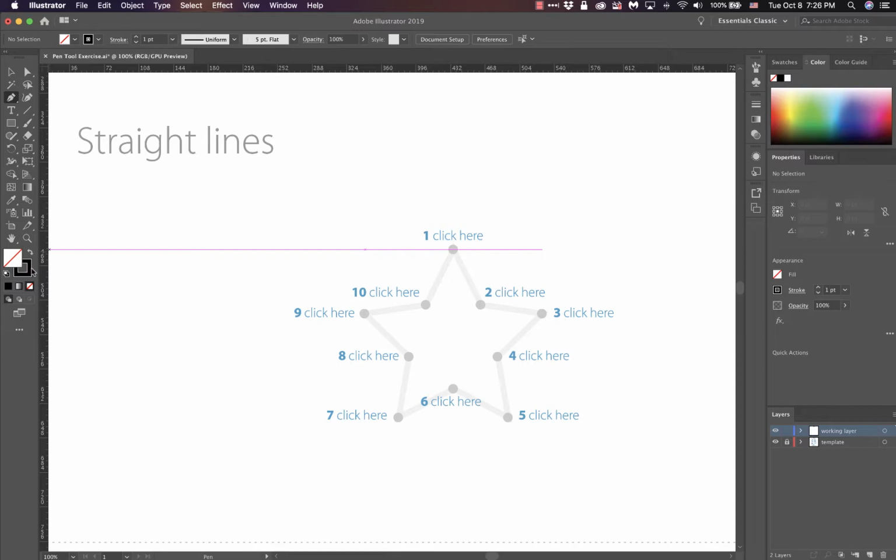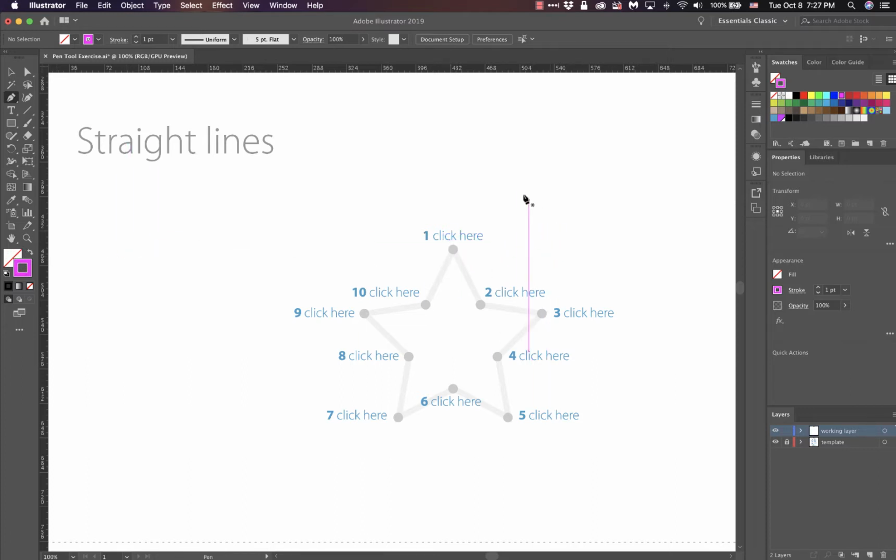Now if you folks don't want black as your line color, you can always change the color of your line if you want. So click on this line box, I guess, icon to bring it to the forefront. Then regardless if you're on color or swatches, you can choose any color for your line. I'm going to go with magenta here. So you can see right now magenta is my path color or line color, and I have no fill color indicated by that. Okay,